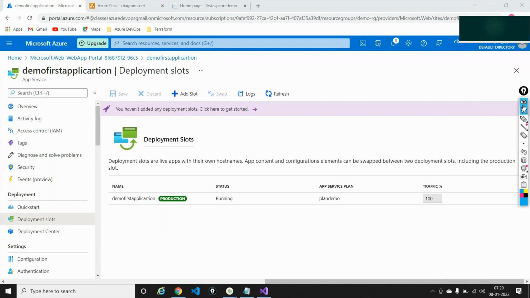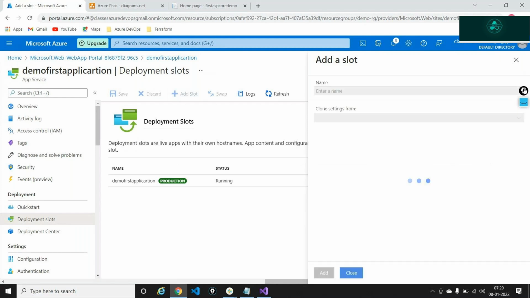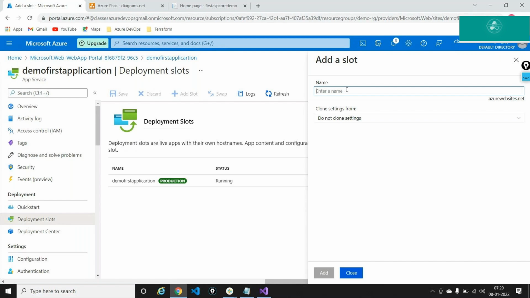I'll say add a slot, and I'll call this a testing slot. As I do that, it shows demo first application hyphen test slot dot azure websites dot net. So I'll say add.